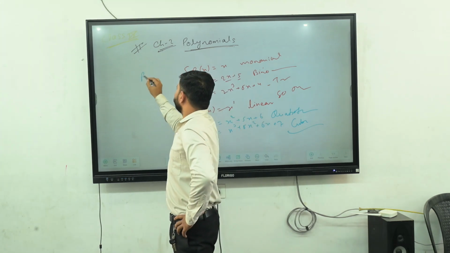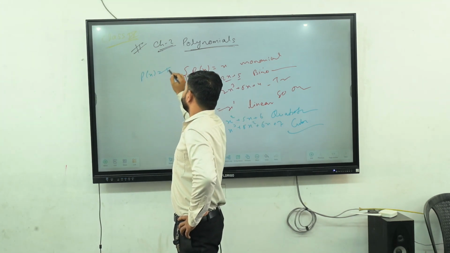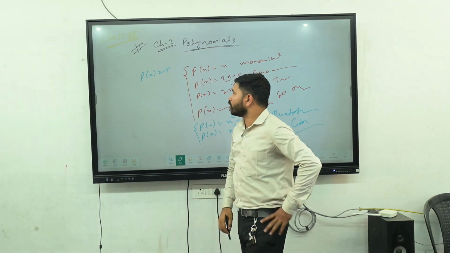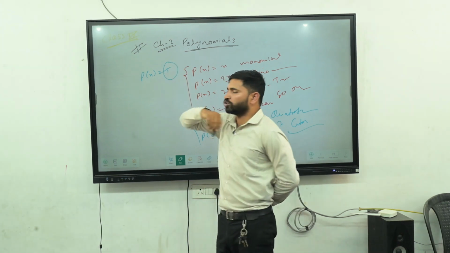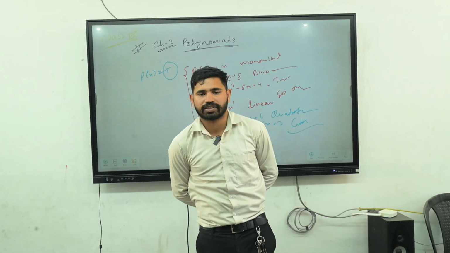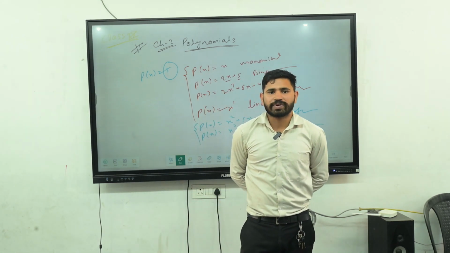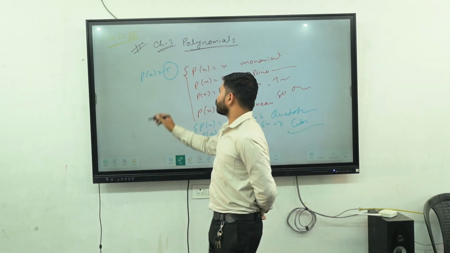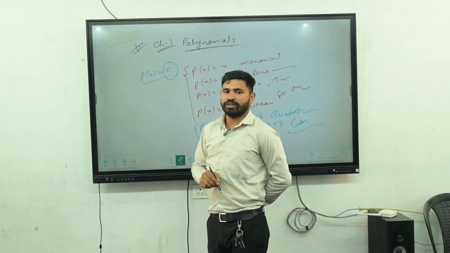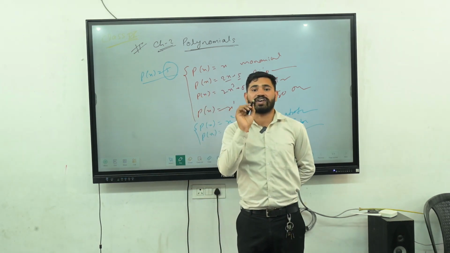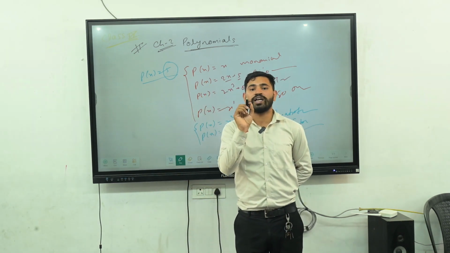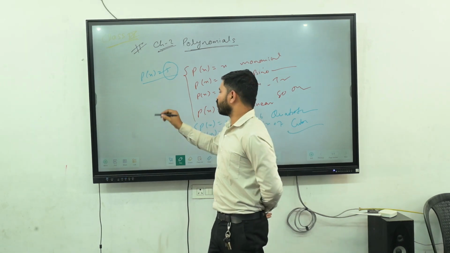Okay, see, there are many types of polynomial, but we consider f(x) = 5. There is no variable used to represent the polynomial p(x) = 5. Only a constant term, that is 5, is used to represent the polynomial. So these types of polynomial, in which we do not use any variable, only one constant, are called